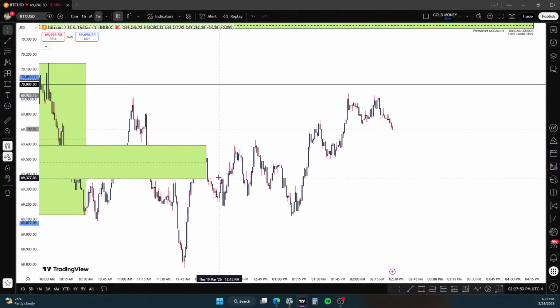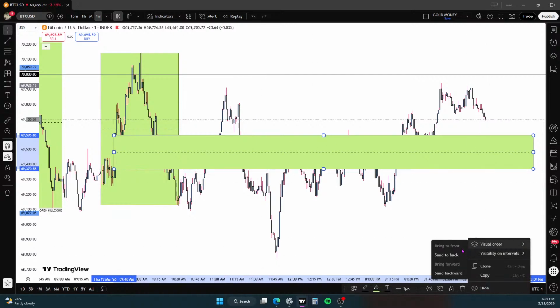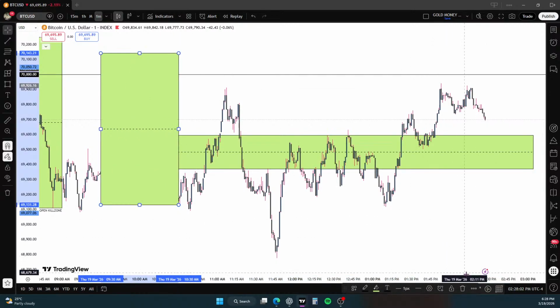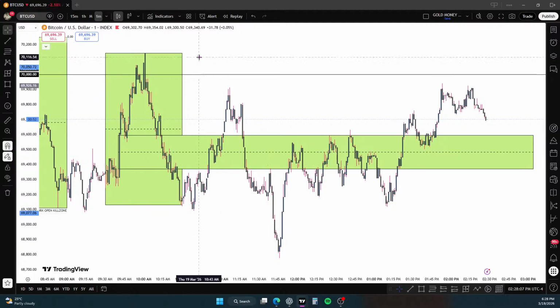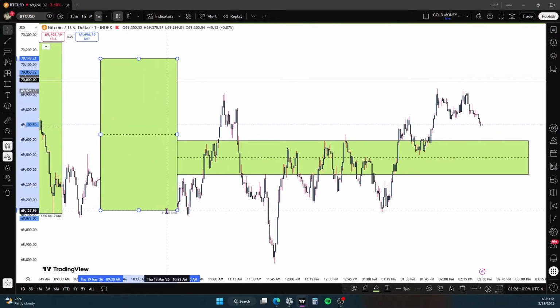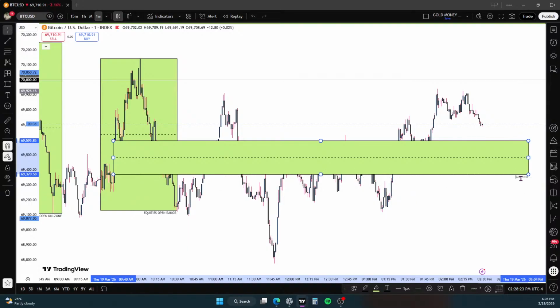I don't know, I'm not going to be too picky, to be honest. This is the gap that price had shown me, so this is the actual first one. Sometimes you can be picky with it. If you find something more significant than the first presented fair value gap, then use that instead. But this here is the equities open range, and the first presented fair value gap of that, so FVG, is going to be